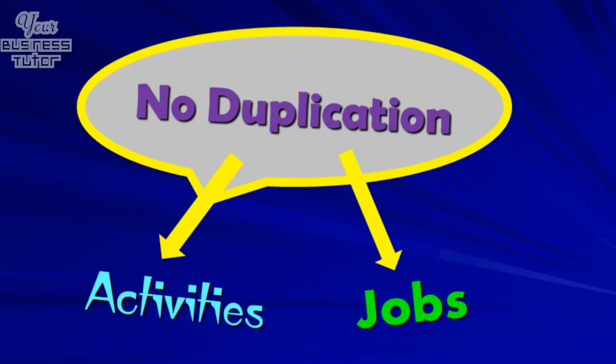A second advantage linked to the first is that each department has its own specific role within the business. As such, there is no confusion over what department is responsible for what. This means there is no expensive duplication of activities or jobs across the organisation, which helps to keep staffing costs